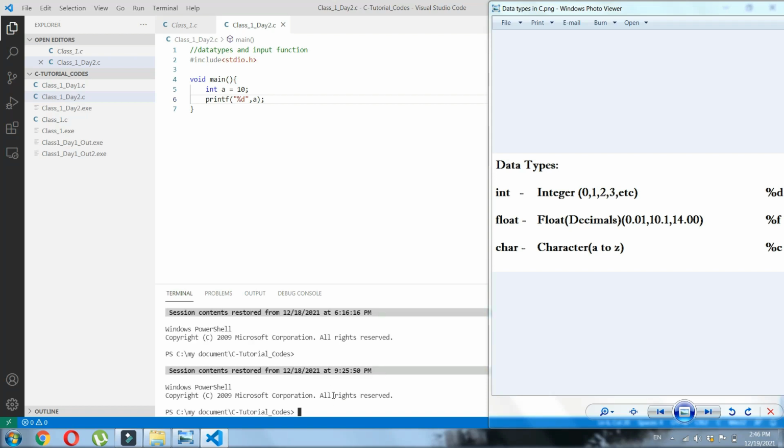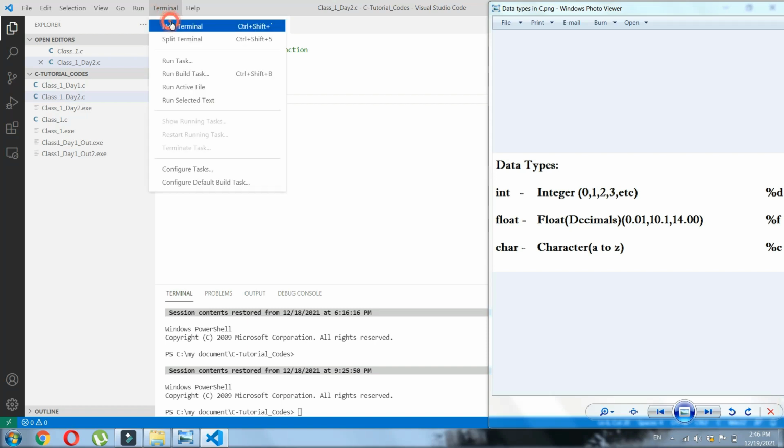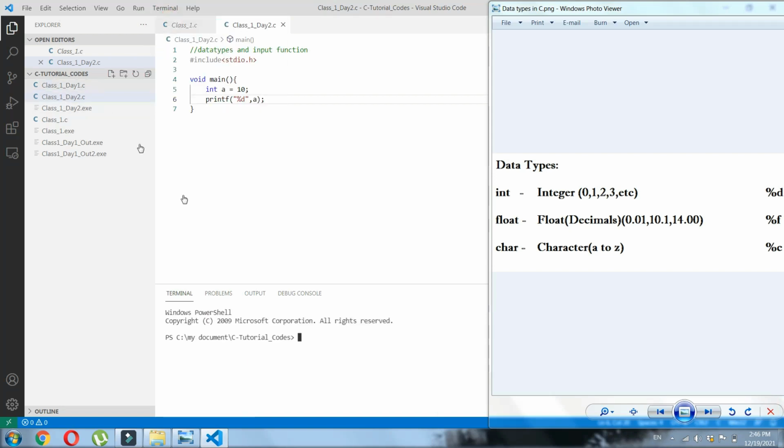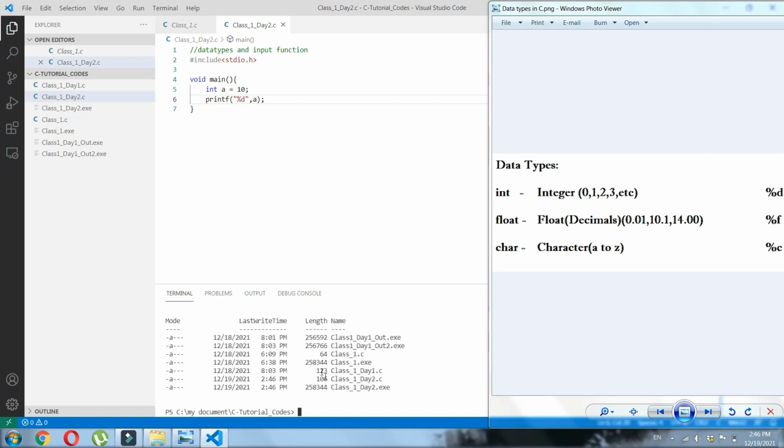After closing, I don't see my output, but you can see that in the terminal if you create a new terminal after including the folder here; this would be located in the same folder. Here I am going to give that. You can see all the files are listed here, day 2, day 1, and we could see that class 1 day 2.exe is present here.